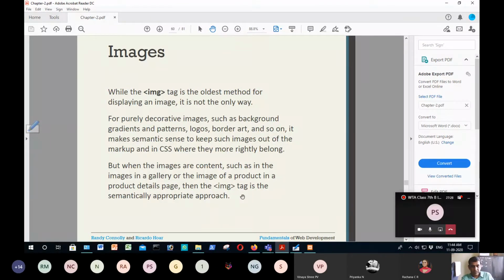image. Semantically means meaningfully: if you want to add an image to a web page, a search engine can optimize it. That means a search engine can find out what the content in a web page is, whether it is an image, and how many images there are. It wants to save and index it, like the Google search engine.